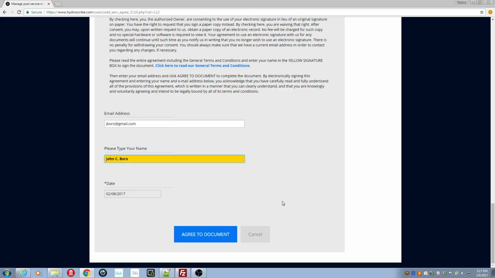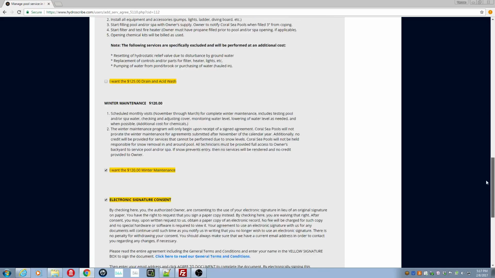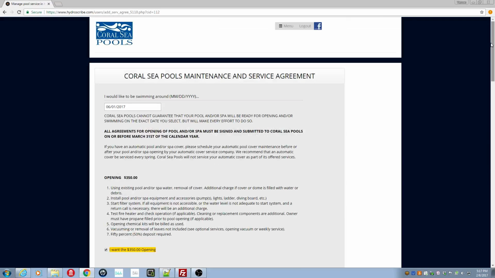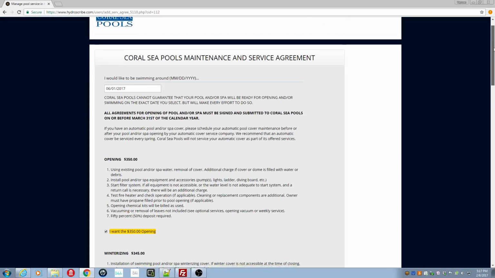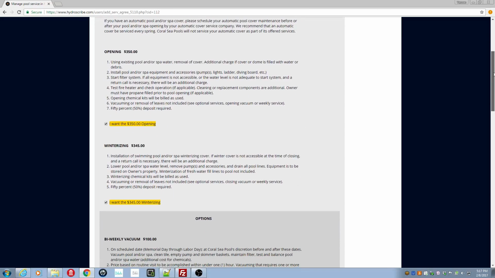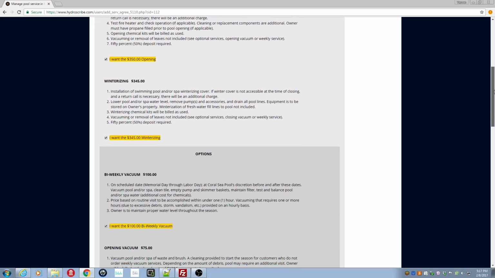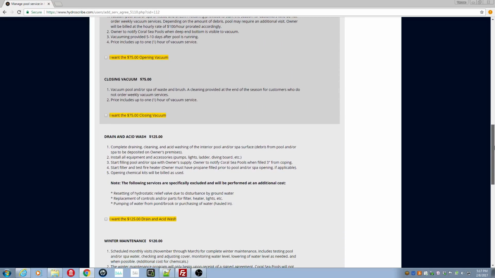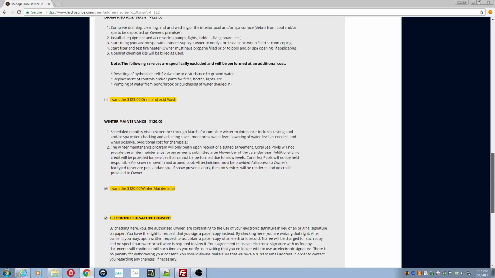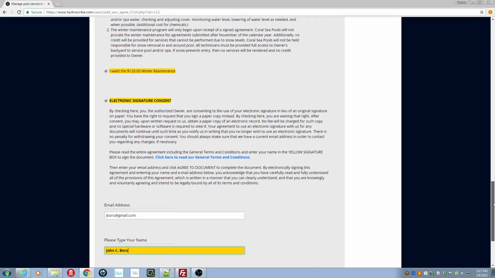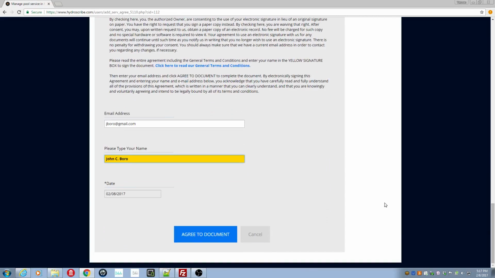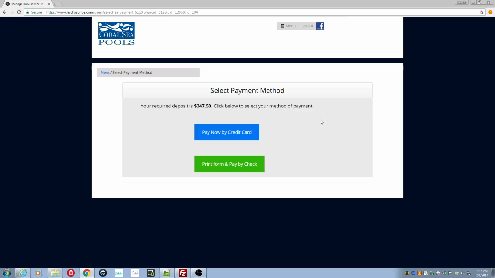So now that I've filled out my form, the next thing to do is scroll back to the top and check it over and make sure that all my selections are correct and that I've completed the form exactly the way I want to complete it. And it all looks correct. So now all I have to do is click the Agree to Document button, and it brings me to the